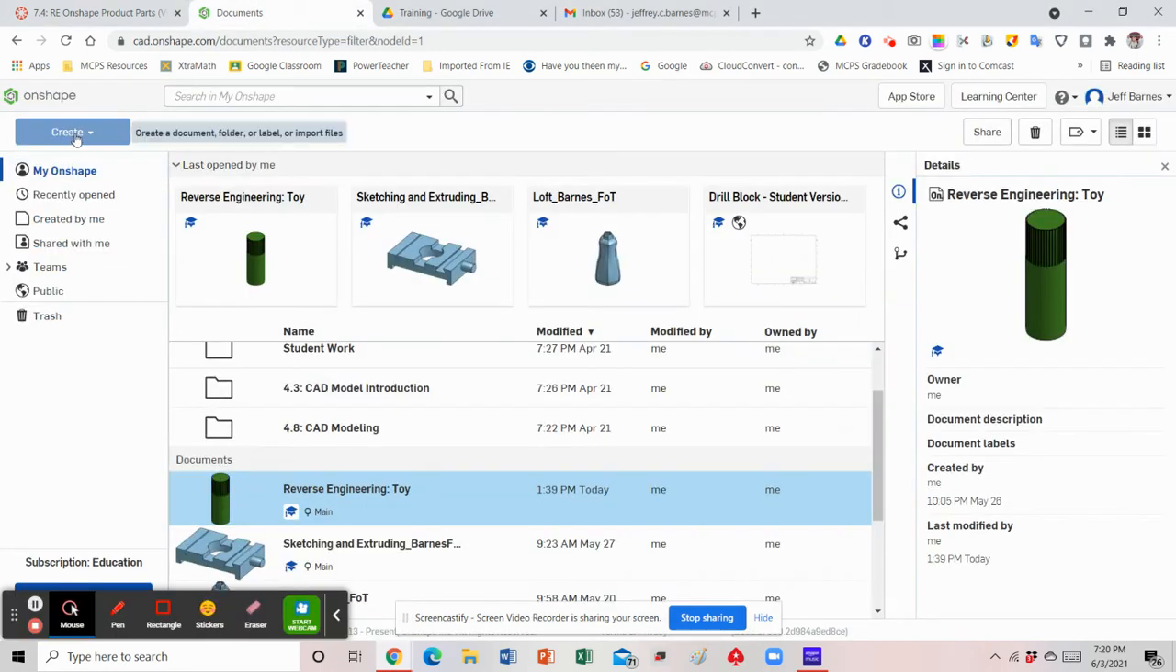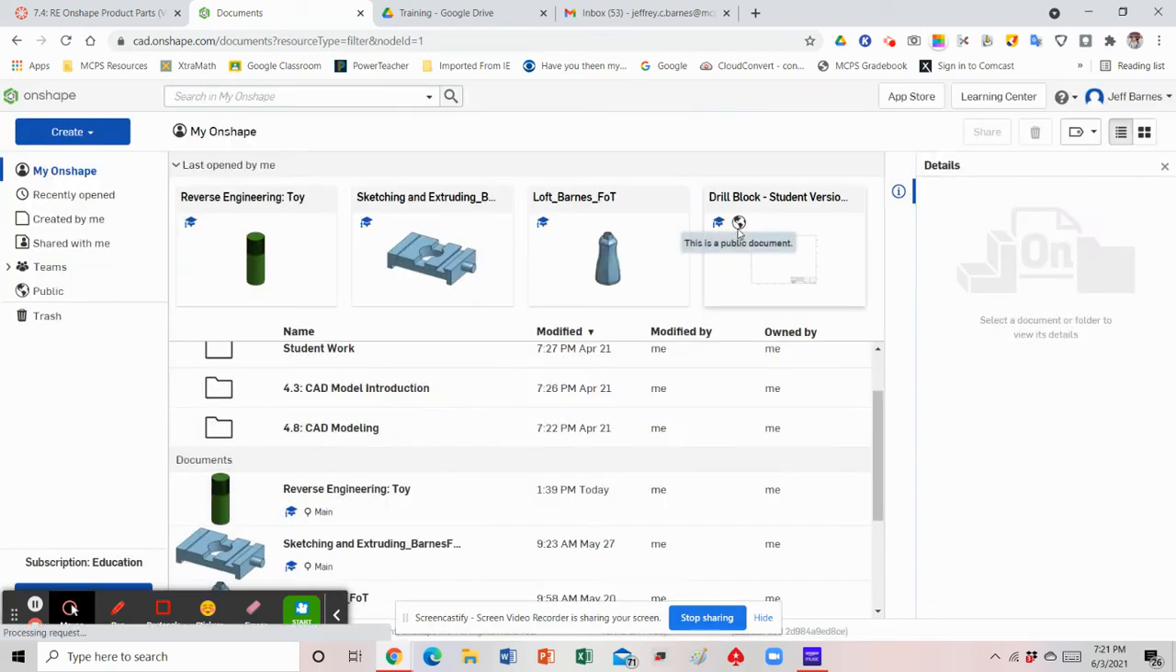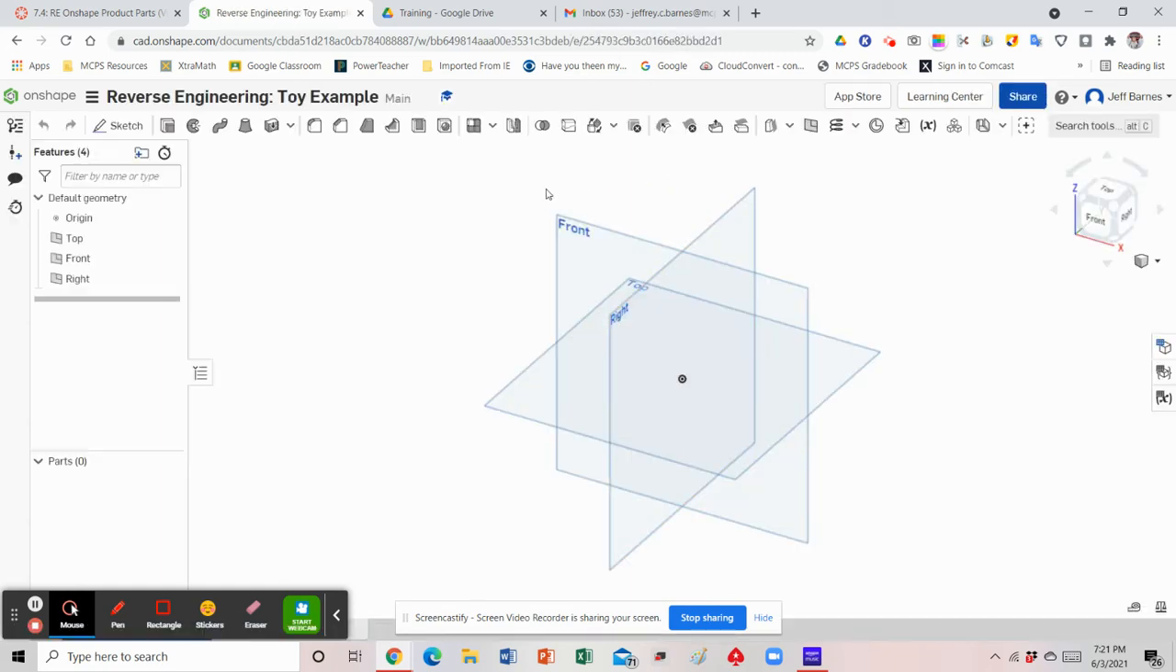So I'm going to hit create. I'm going to select document, and then I'm going to name it reverse engineering. And I'm going to call it toy example. And I'm going to click OK. Let that load. Okay, now we are going to start just like we've done as usual,